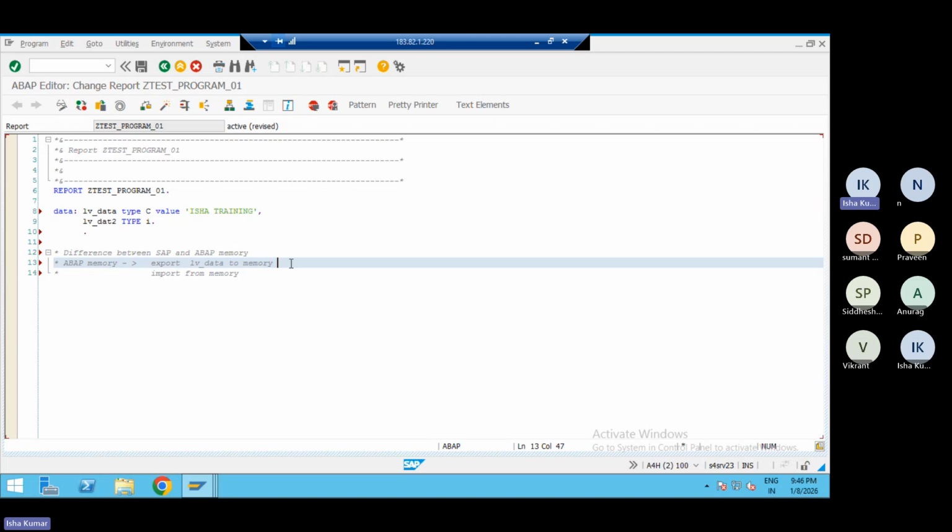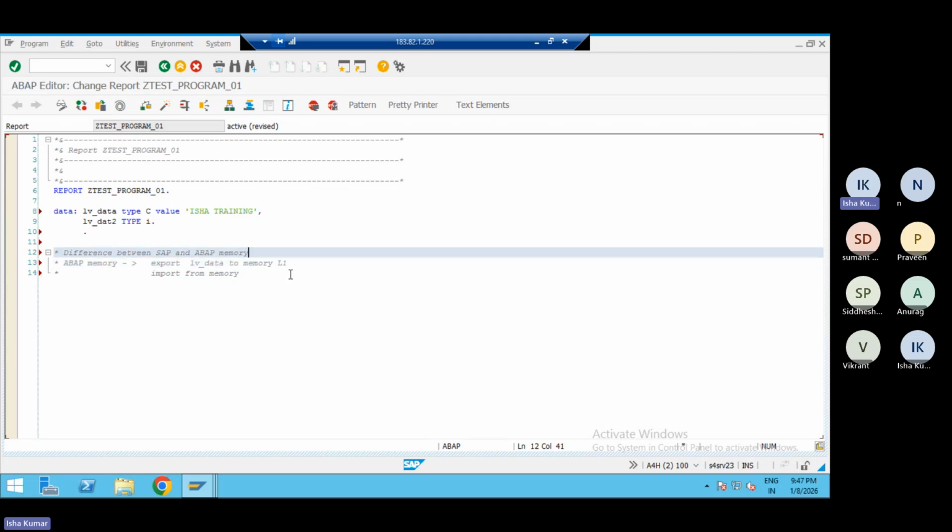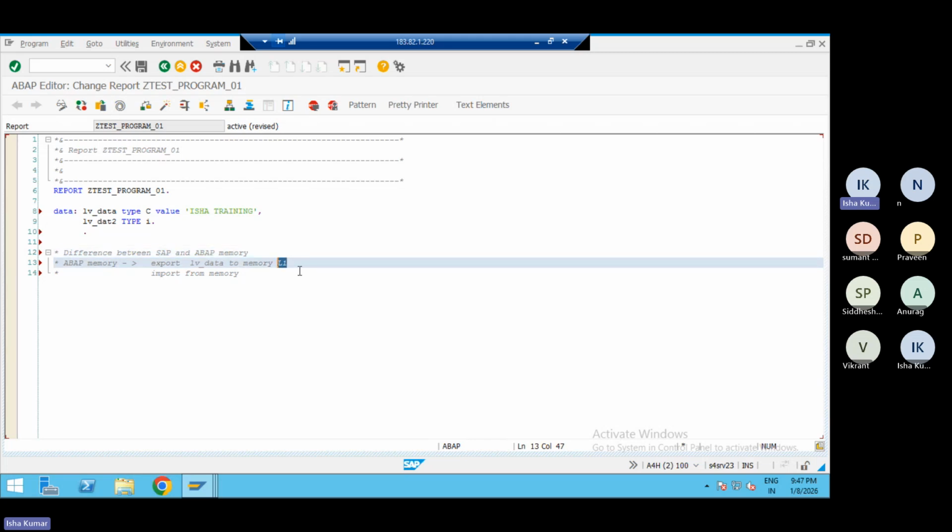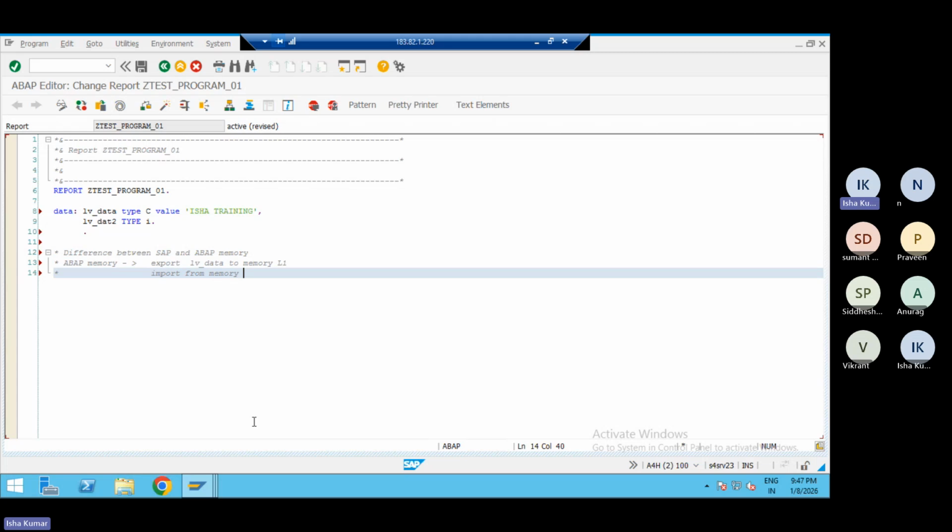Just mention a name for the memory, and for now my memory name is L1. So now the ABAP program will store this LV data value in this L1 memory. During runtime only this memory will be created. Once this is saved, then in another program or an FM or any other object, but specific to this report program,